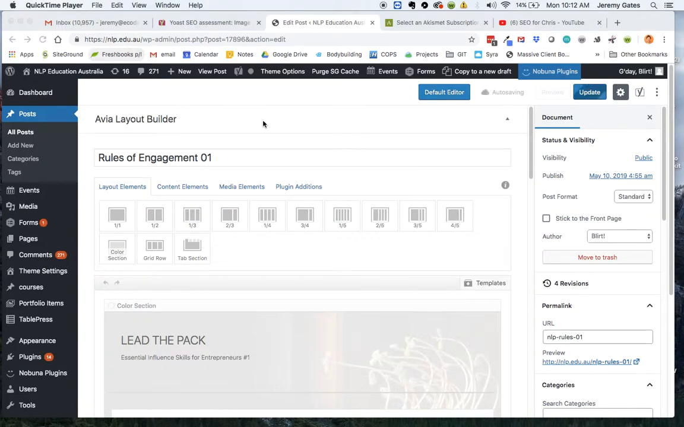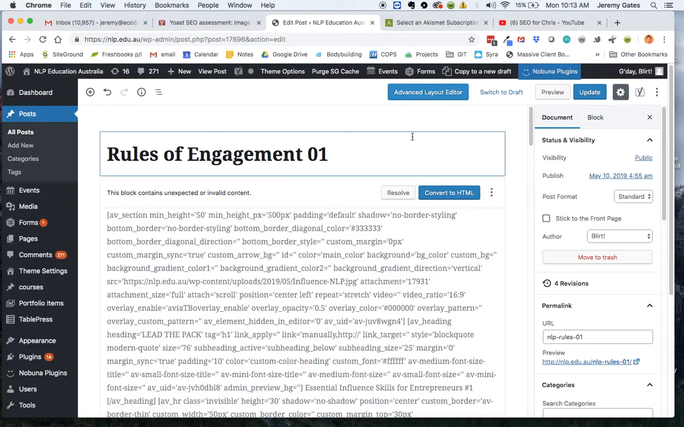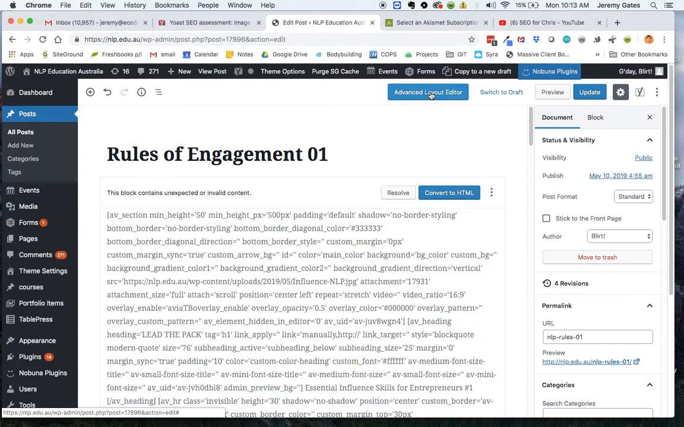Okay, so the first thing you need to make sure is that you're operating in the advanced layout editor. So if you log into a page or a post that you're editing and you see something that looks like this, then you're in the wrong type of editor, and all you need to do is click this button up here. So this activates the advanced layout editor,